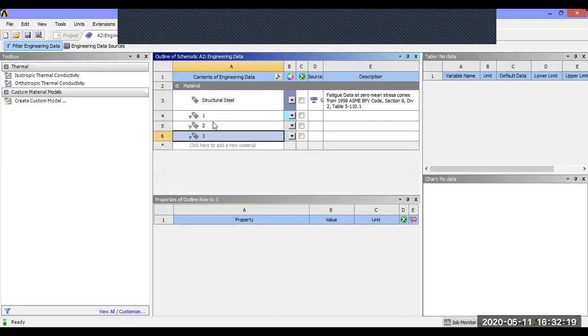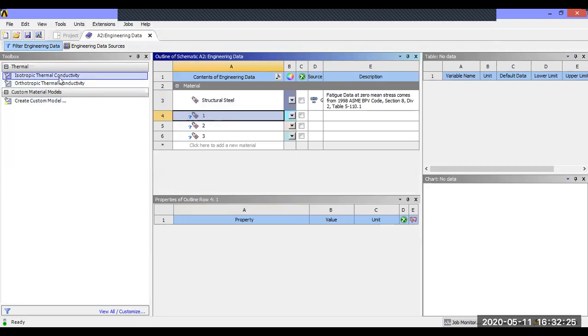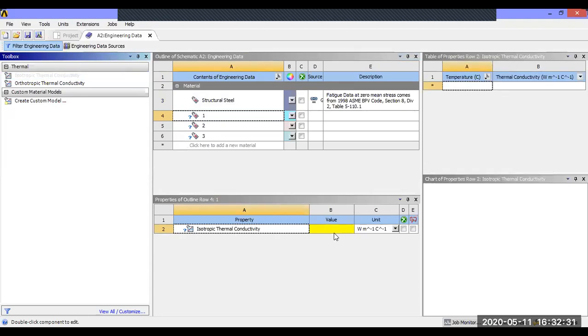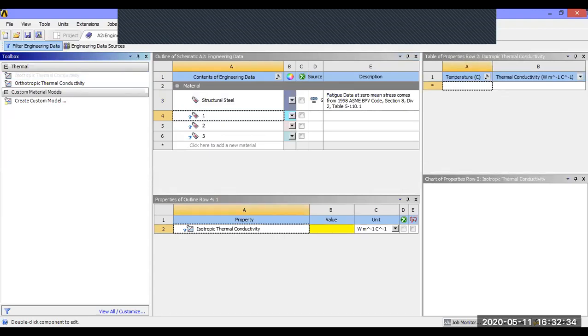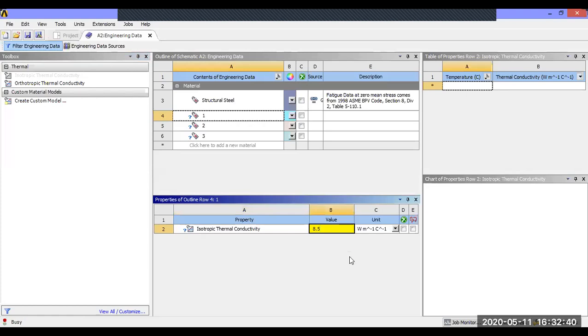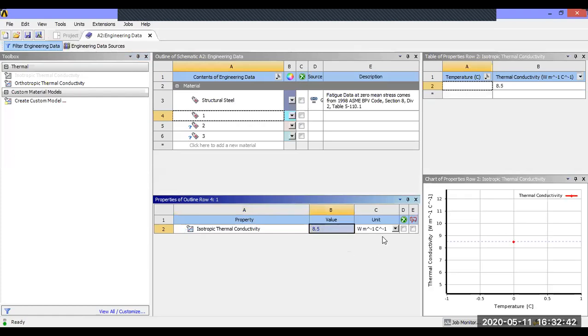I have 3 different components, so 3 different materials. Now first material, click it here. On the left side I have isotropic thermal conductivity. Double click. Here it is asking thermal conductivity. What is the thermal conductivity as per the problem? First thermal conductivity 8.5. Directly you can write 8.5 watt per meter centigrade.